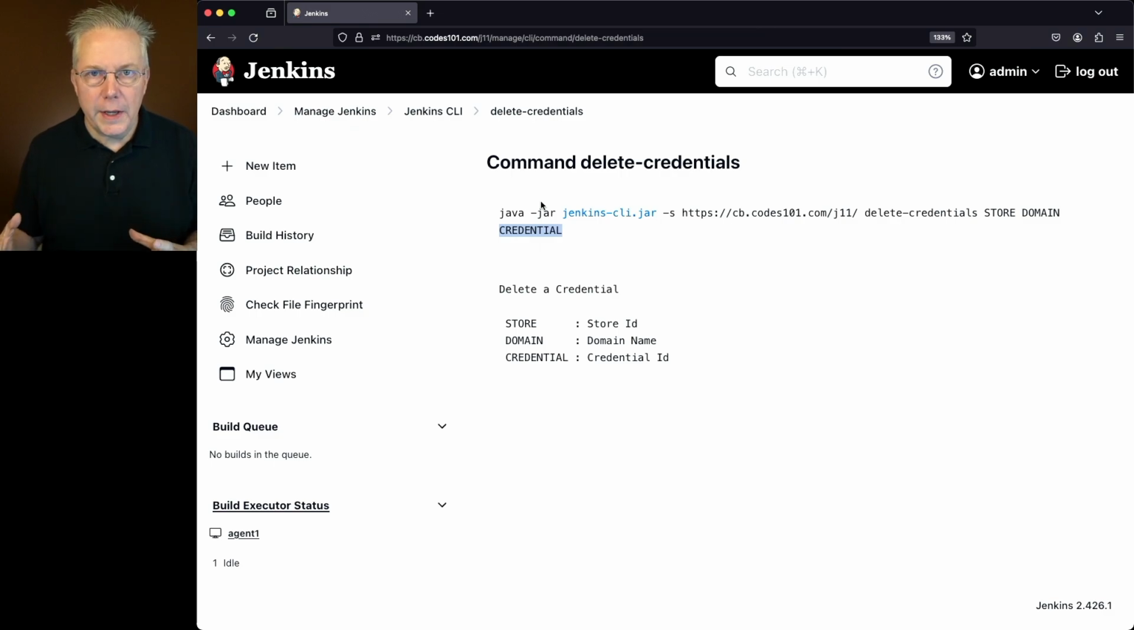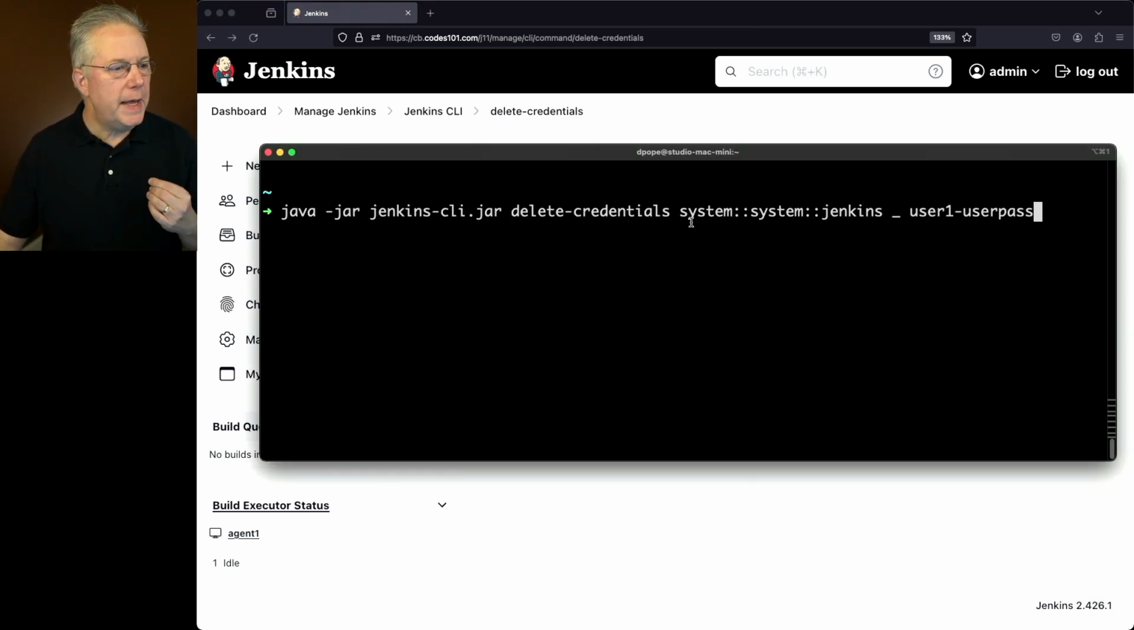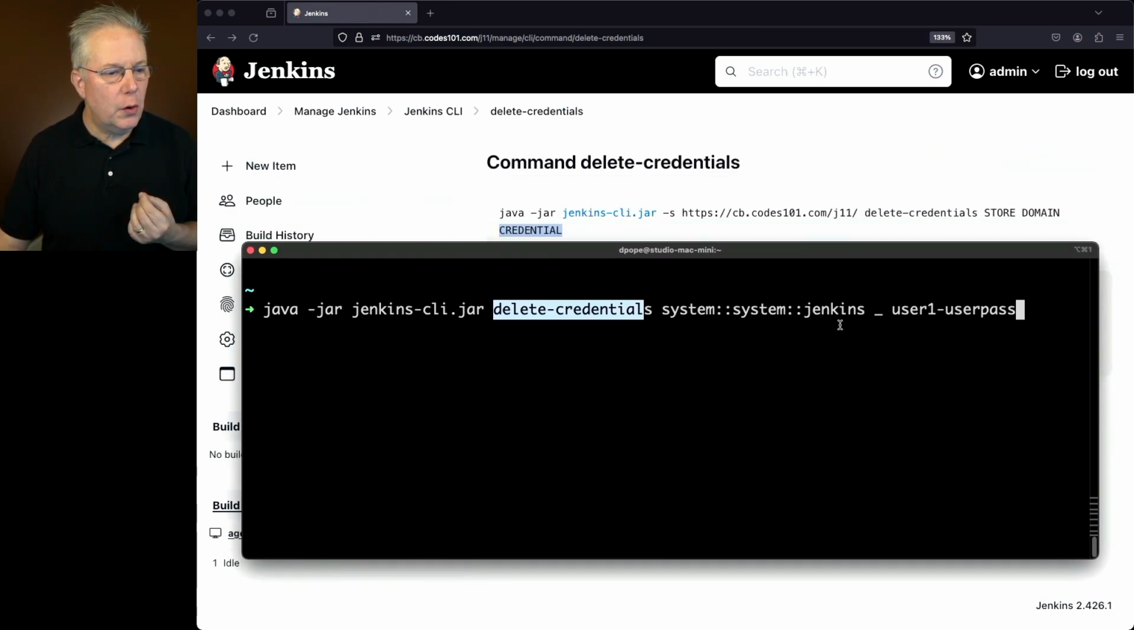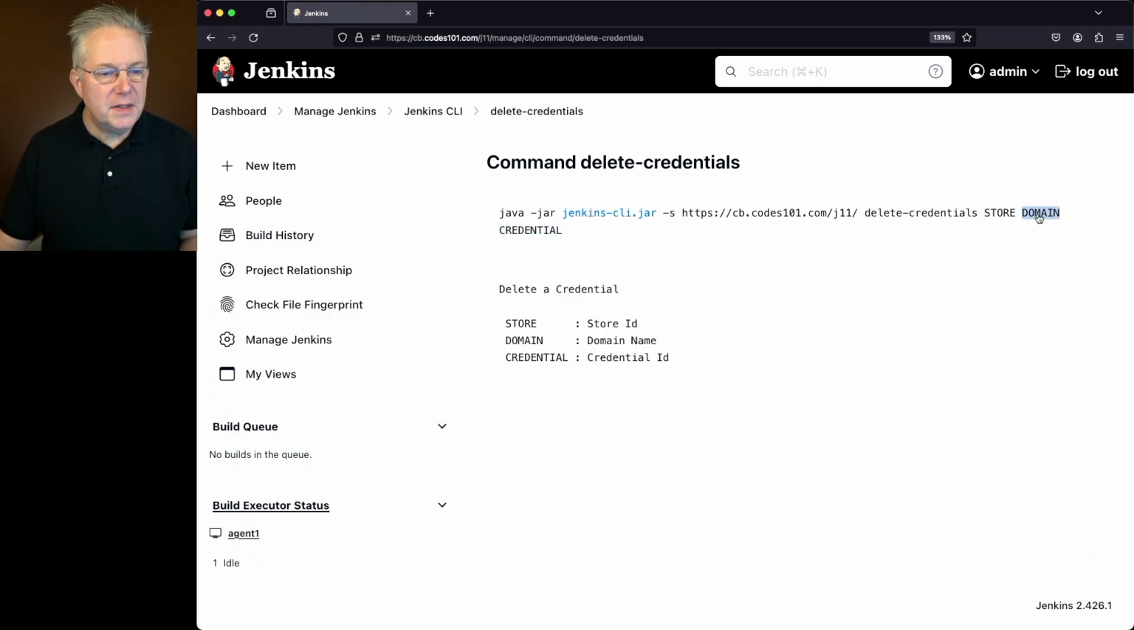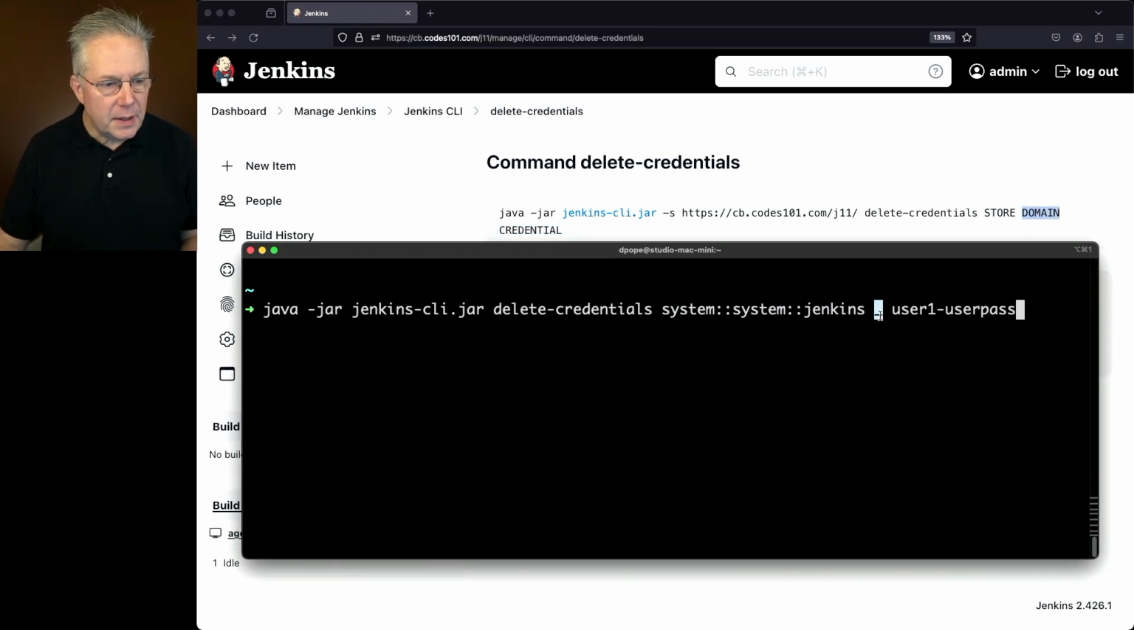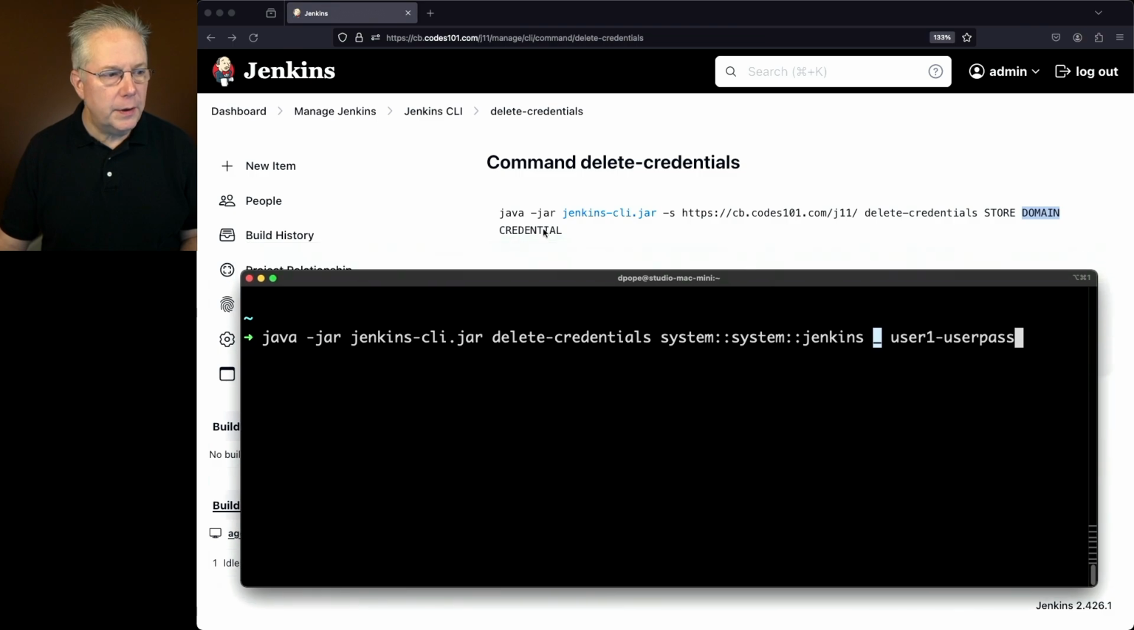So the proper way to delete the credential using the Jenkins CLI is as follows. Let's take a look at the command prompt for that. So what we have is delete credentials. We have our store, so it's system, Jenkins. Again, remember I said it's a little bit confusing. Then our domain. In this case, our domain is the underscore. And then finally, the credential is the ID for the credential. In our case, it was